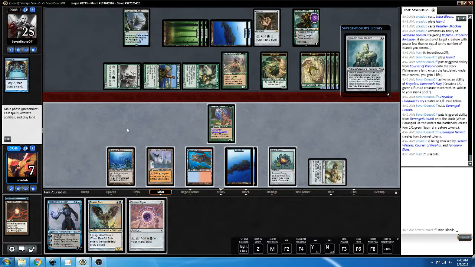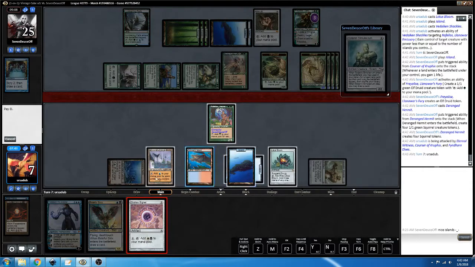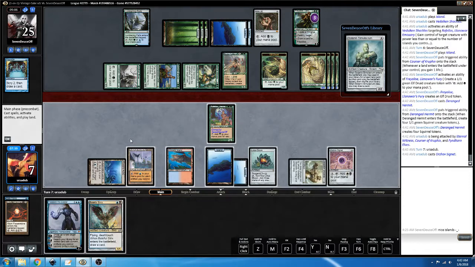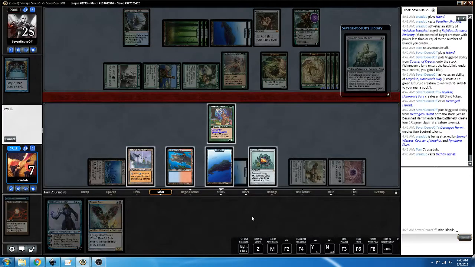Okay. So. We have to play this. But he just has enough to kill me. I mean, he's just going to overrun me. Can Tez get anything for 4 that's relevant? I mean, stopping that is fine, but then I die. I can't... Okay. So what we have to do, I think, is like...